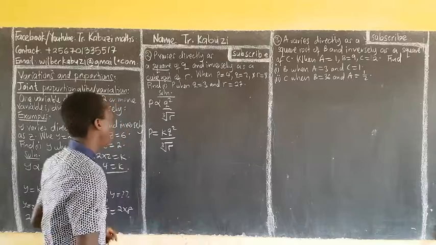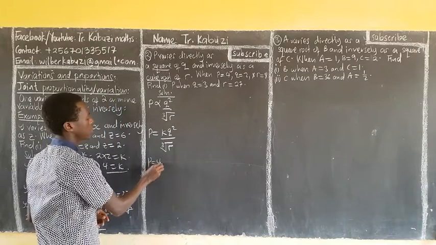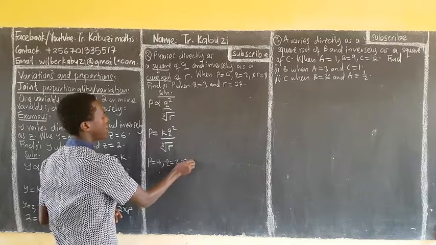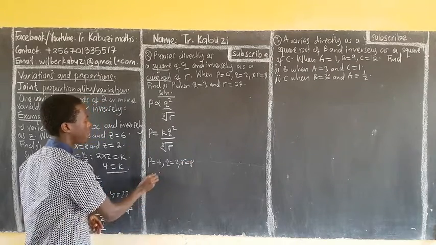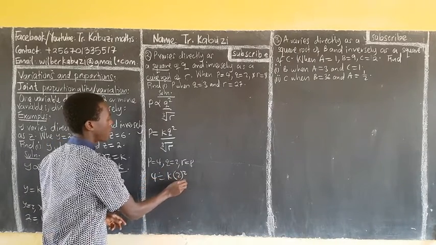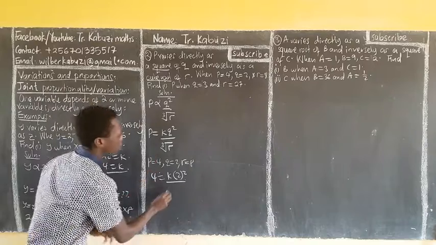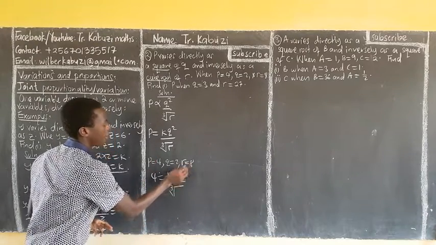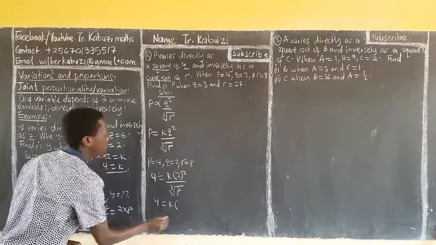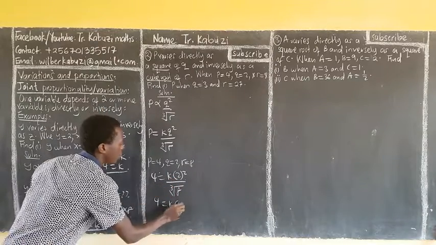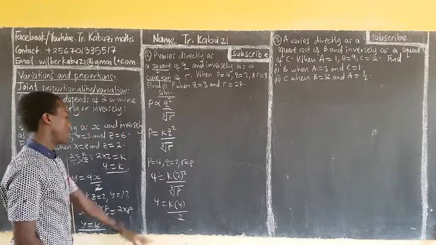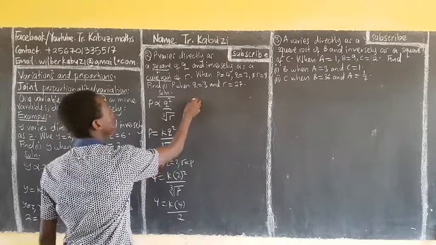When p is 4, q is 2, and r is 8, we put in the formula. So 4 will be k into q, which is 2 squared, over the cube root of r, which is 8. So this will be 4 equaling k into, when you square 2, you get 4, over the cube root of 8, which is 2. And if you cross multiply,